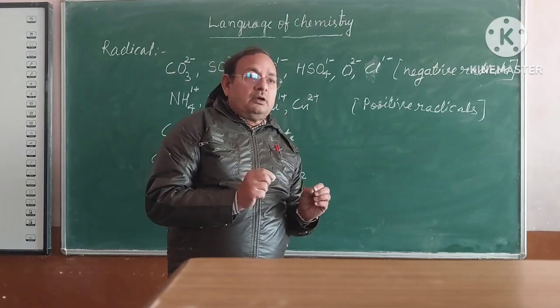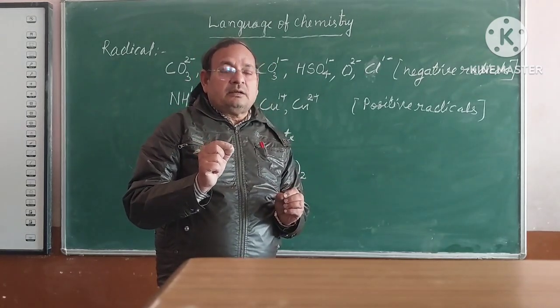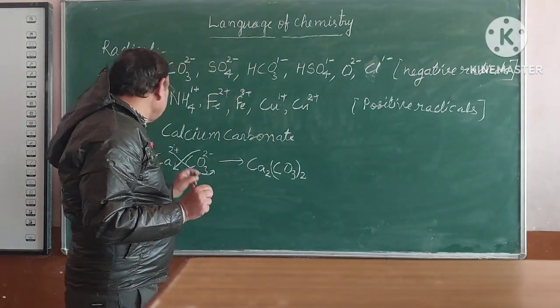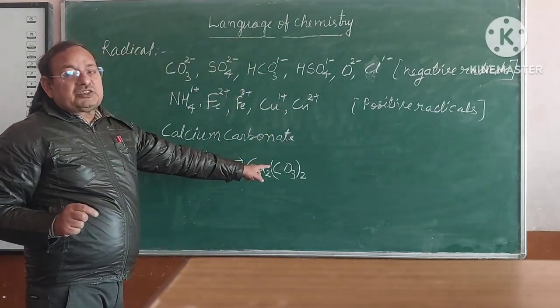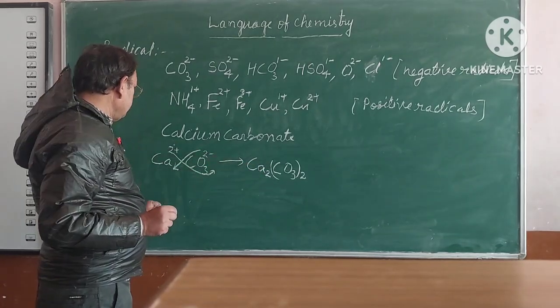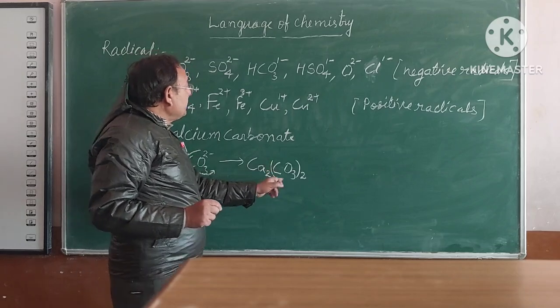So the net charge on the molecule is 0. So we avoid writing the charges on the molecules. So this becomes Ca2 in bracket CO3